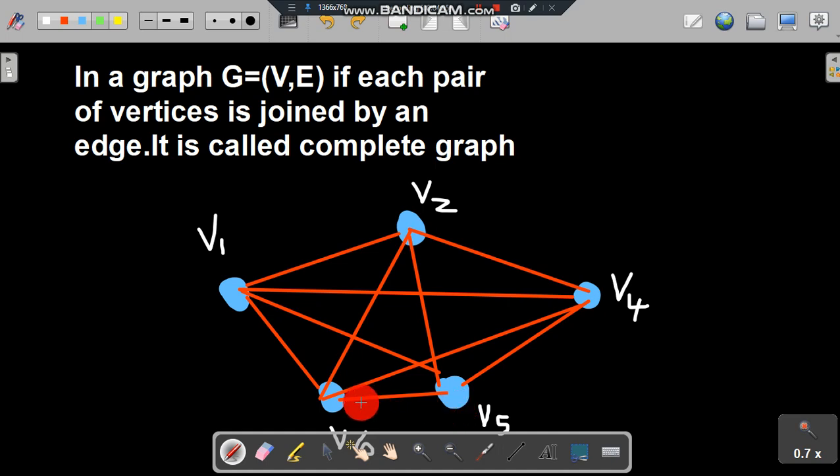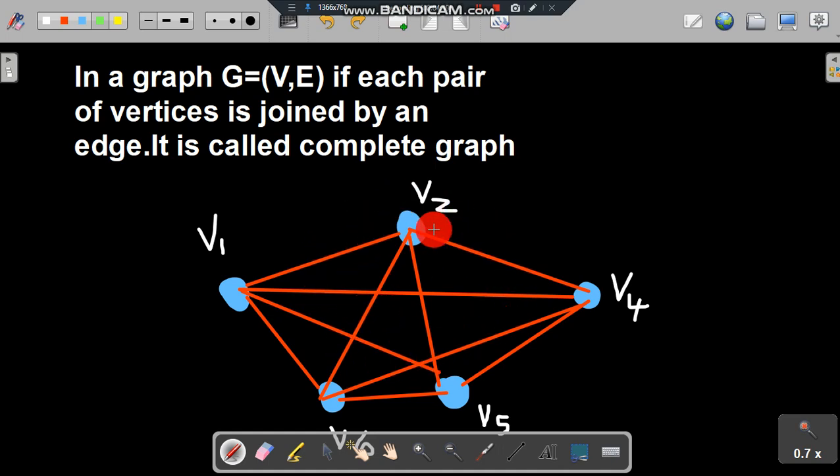V5 to V6. So now V5 is connected to V4, V5 is connected to V2, V5 is connected to V1, and V5 is connected to V6. Now come to the last vertex here. V6 is connected to V1, V6 is connected to V2, V6 is connected to V4 and V6 is connected to V5. So what I understand here in this graph,